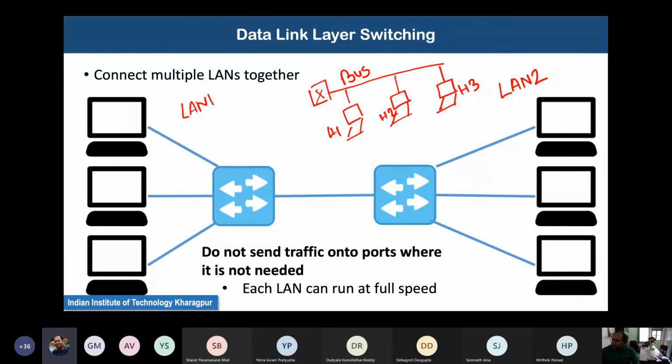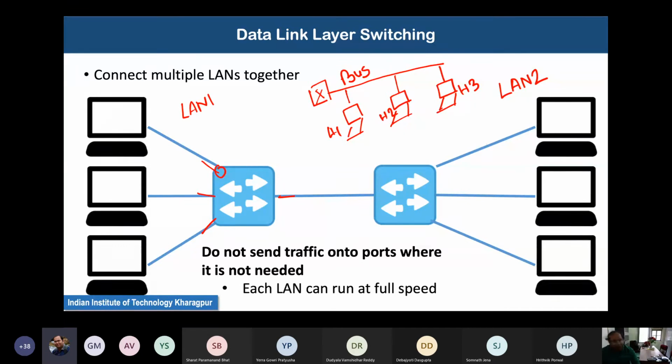Nowadays, the topology that we use is the star topology, where multiple different connections are there with a particular switch. But this concept of broadcast domain remains somehow similar. These switches are now getting intelligent. That means a switch is able to find out which device is connected to which physical port.